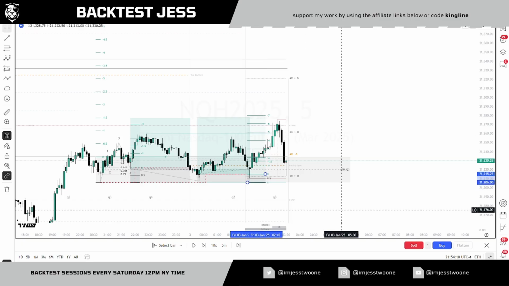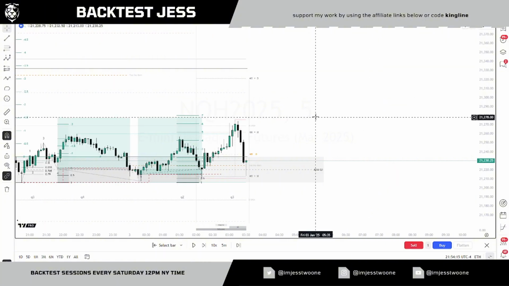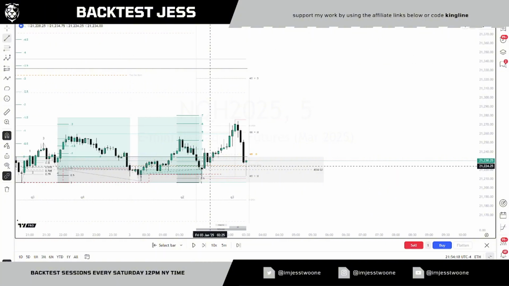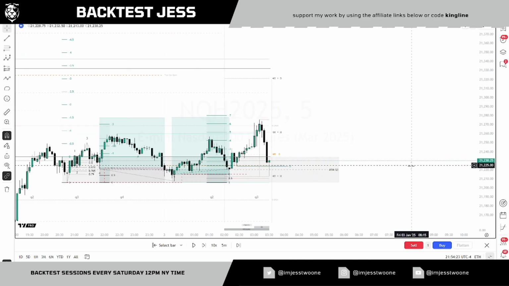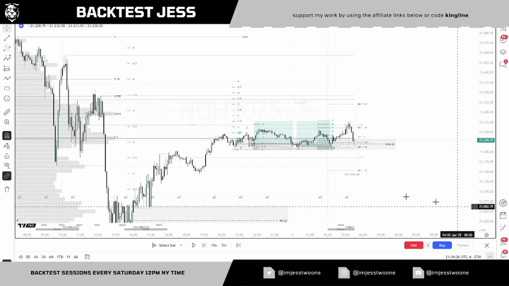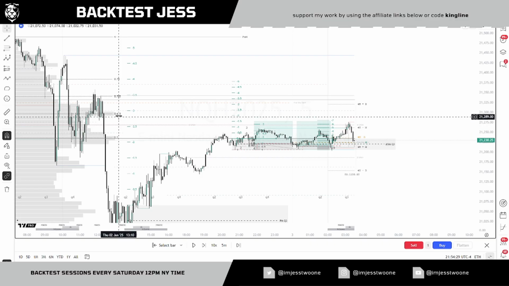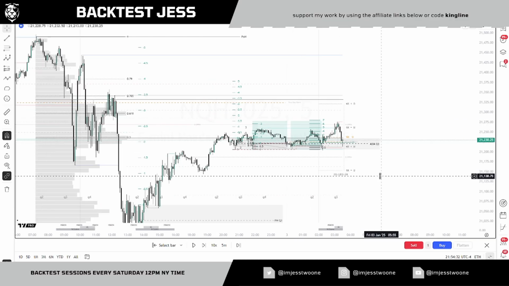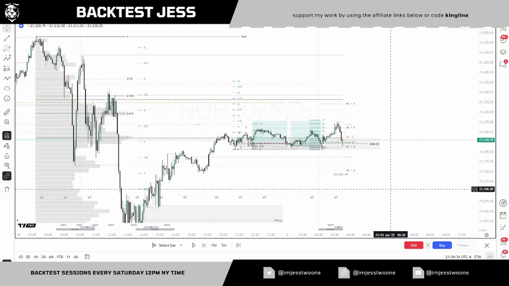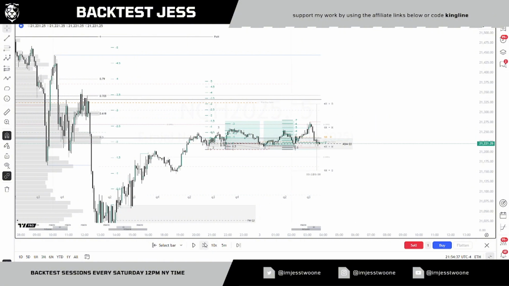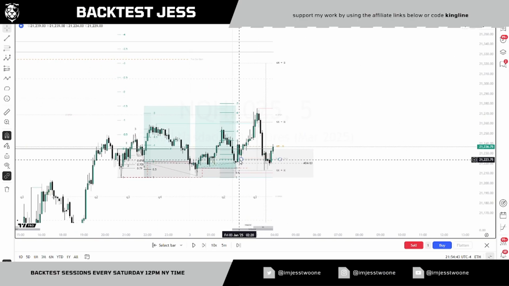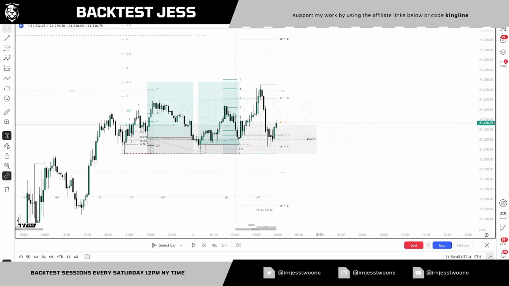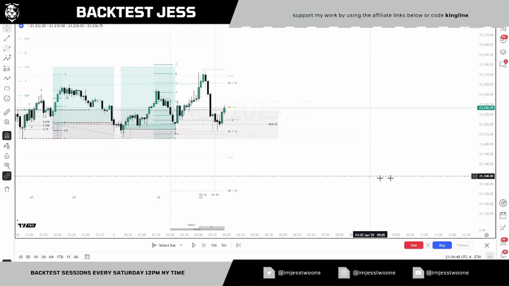So let me just move this out the way. And now I would use this as the CSD. Let's see if we get the close below ever. We are in Q3 now as well. We are in premium of previous day. We're not quite at EQ. Not quite at OTE, which is what I want to see. So we do get this close below. Now, okay, in this case right here,